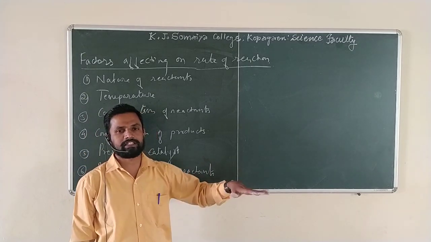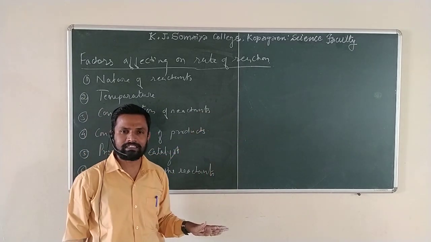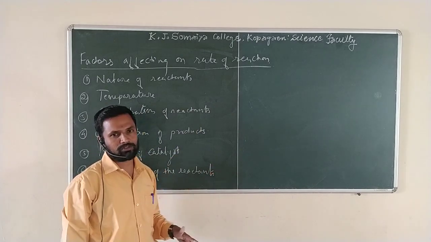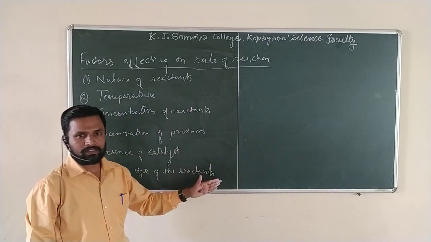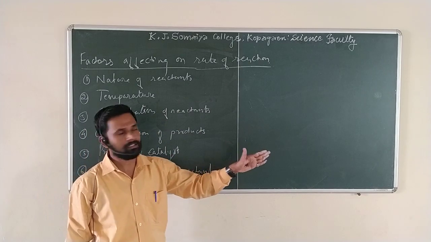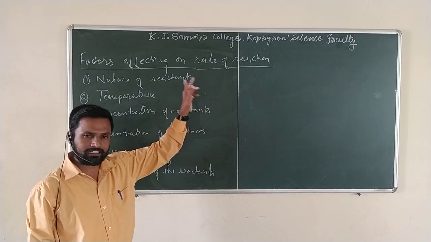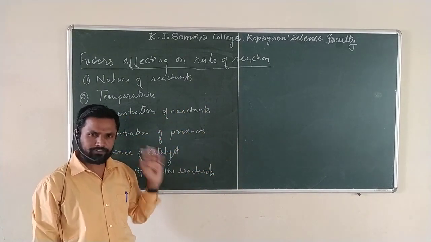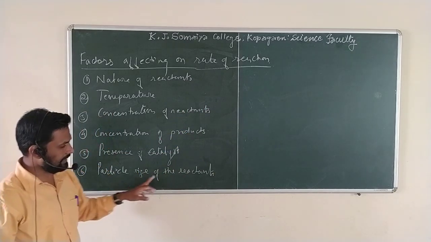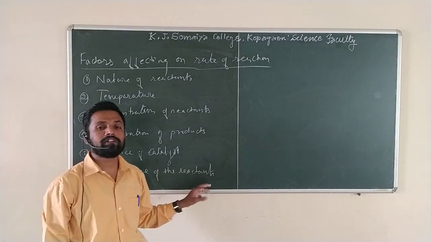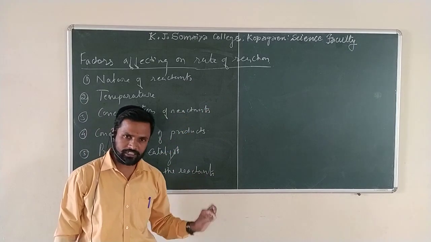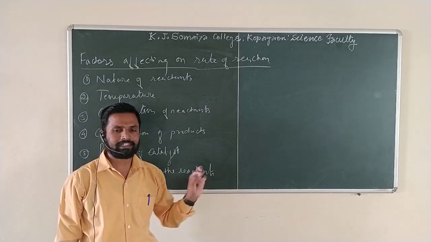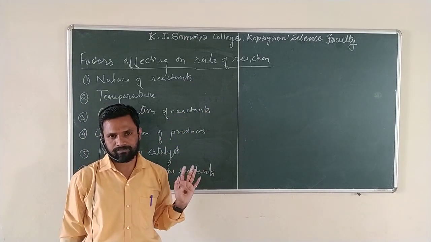By increasing the surface area, the catalyst can be adsorbed very easily. With more catalyst adsorbed, product formation is very high, which means the rate of reaction is very high. Definitely, the particle size of the reactants should be very small for performing a chemical reaction. With that, the rate of reaction will increase.